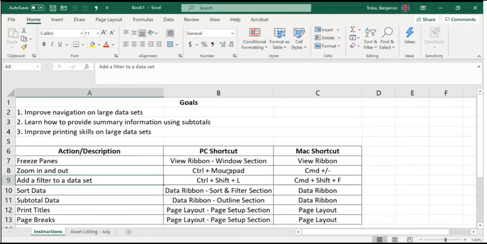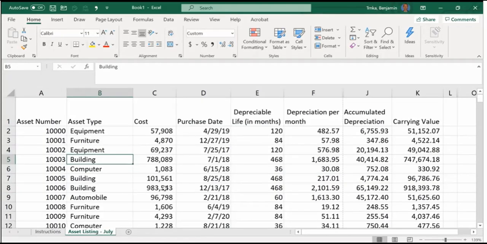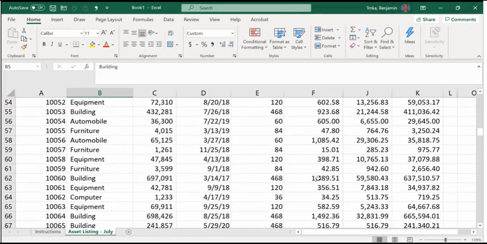So what we have here is an asset listing from July. I'm just going to scroll through here. And Boz, what is this number, 148951? What does that even mean? It is something related to building, if I look over to the left, but I do not know exactly what it is. What's this one, though, the 637? I could probably make a guess, but I wouldn't know for sure because I can't see the column header. I wish I could really see it.